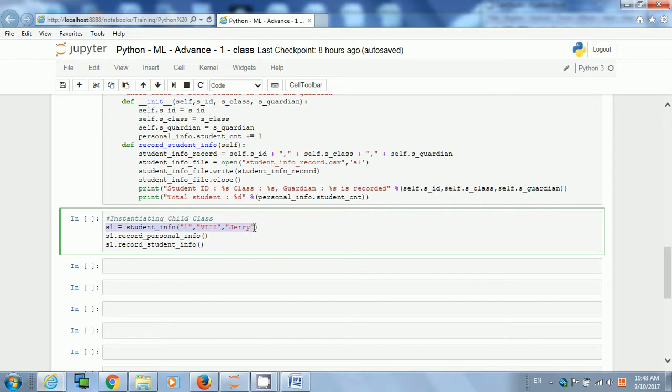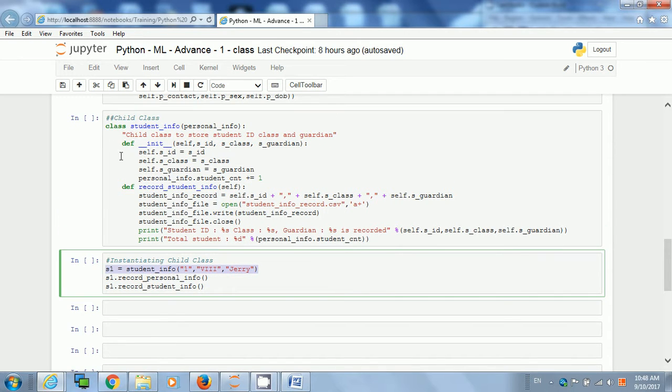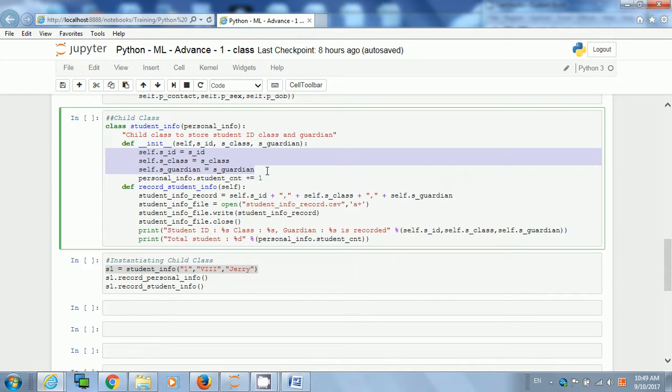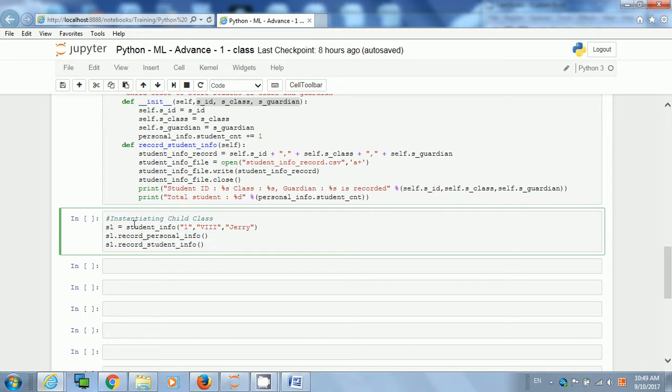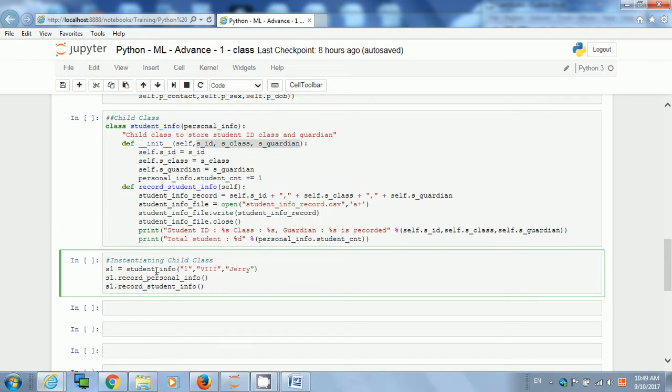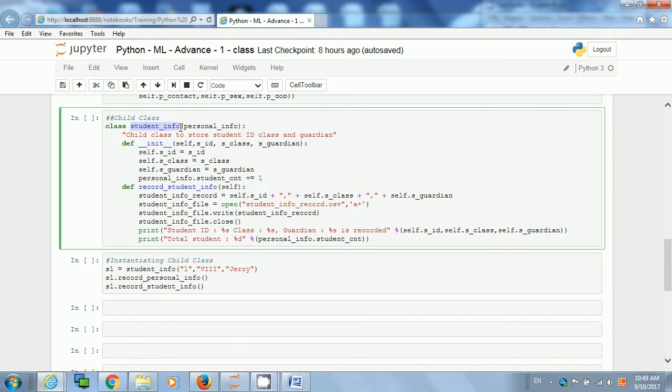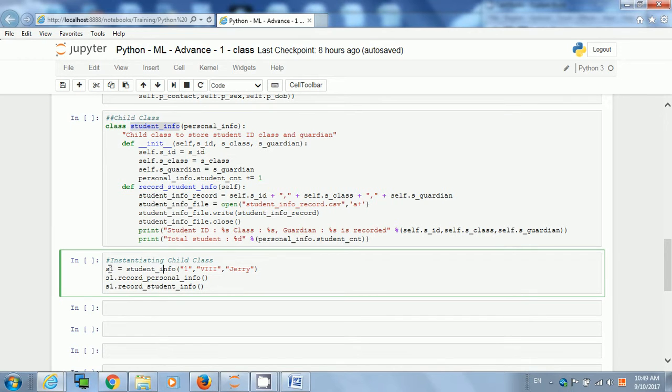This information will go down here, this one, sid, s_class and s_guardian. Now see, my s1 is only an instance of student_info, but here I'm saying s1.record_personal_info, so